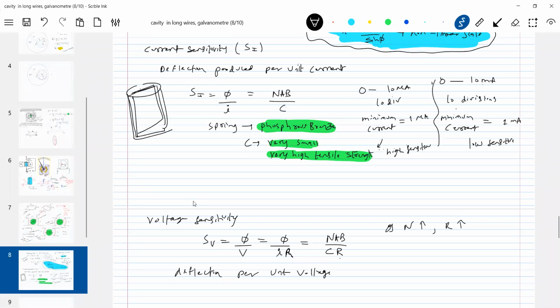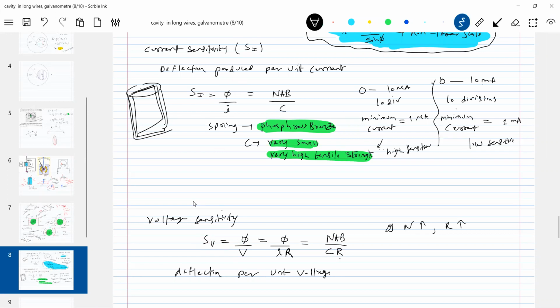Will you justify this answer? Need not, no? So therefore, if I increase current sensitivity, voltage sensitivity changes or remains constant. It all depends on that. So here you can see that as the number of turns increases, current sensitivity will increase. But if I increase the number of turns, what will happen to voltage sensitivity? It may or may not change, because the resistance also will proportionally increase. If the ratio of N by R remains constant, the voltage sensitivity remains constant, whereas current sensitivity increases.